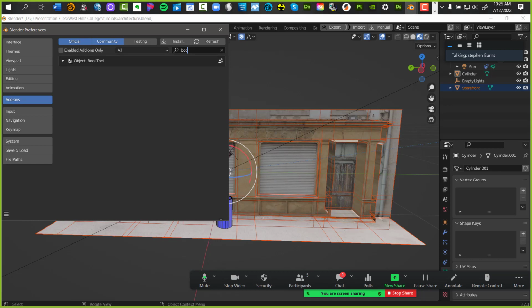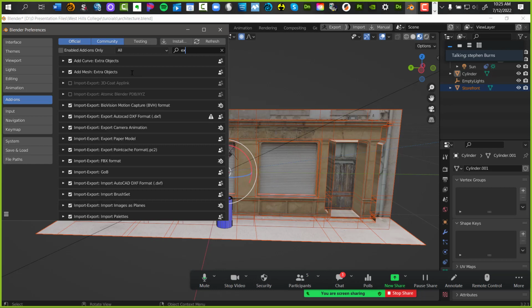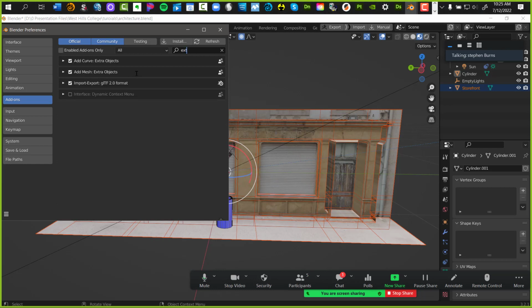Now on mine, it's checked because I've checked it before, but on yours, it's probably going to be unchecked. So check it. The next one I want you to look for, put in extra, E-X-T, and there should be one called Add Mesh Extra Objects. Check that.